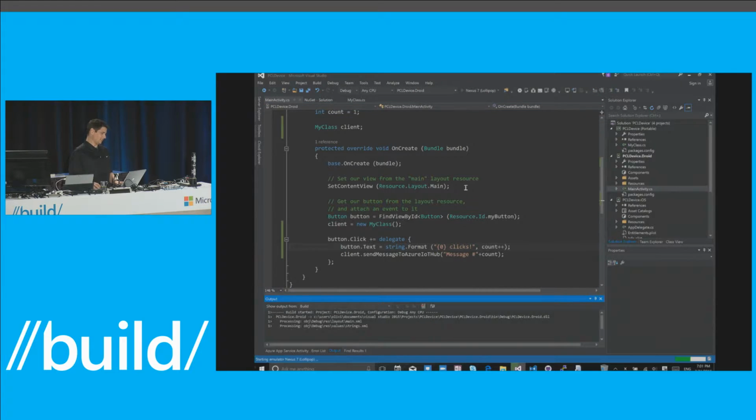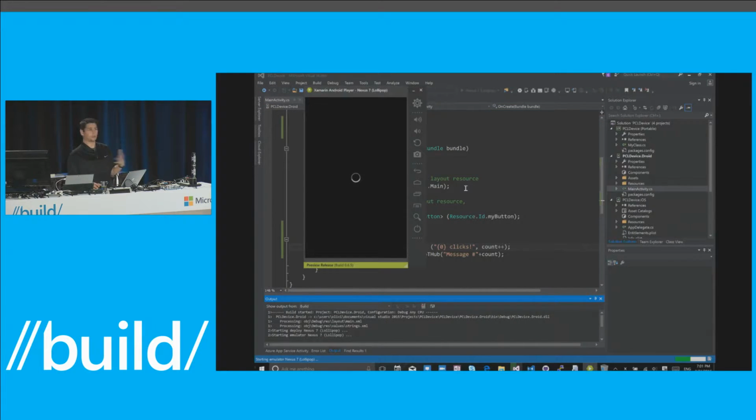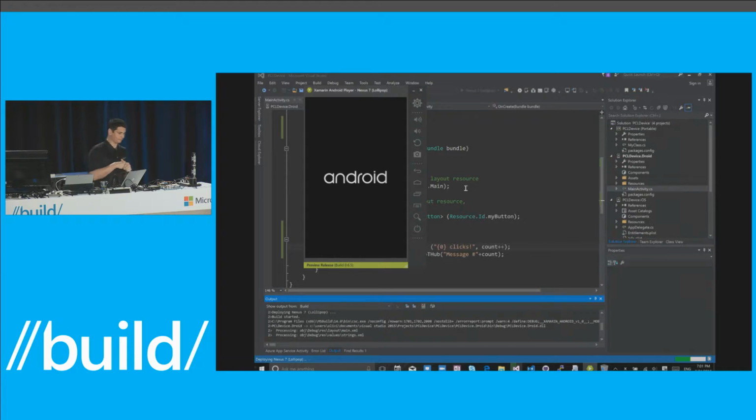Let's see if I can start an emulator. I didn't start it before because I totally forgot, but that's fine. It's going to come here. So we have this nice emulator. For that I'm using VirtualBox and the Xamarin Android Player, because I like it,